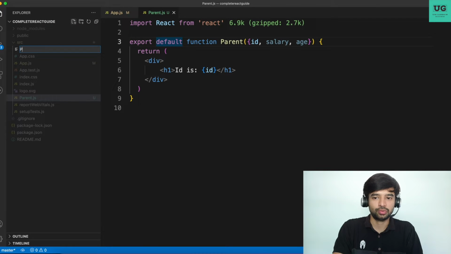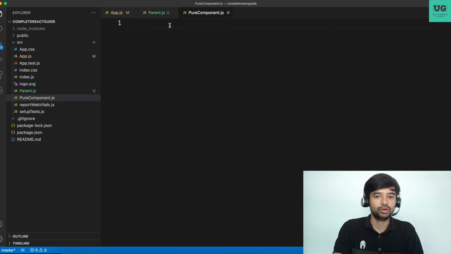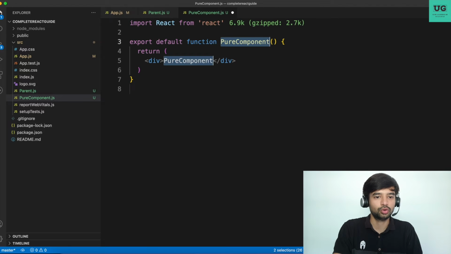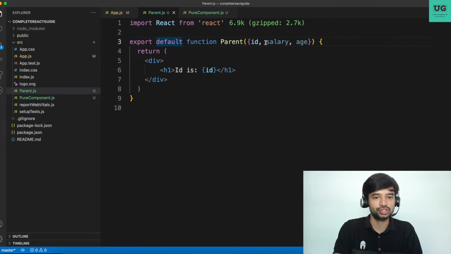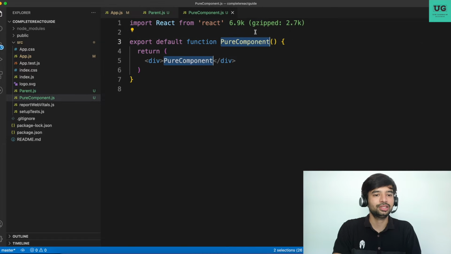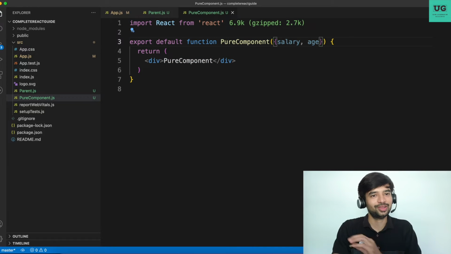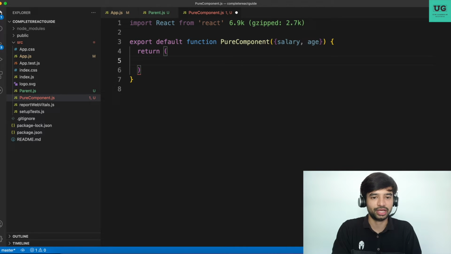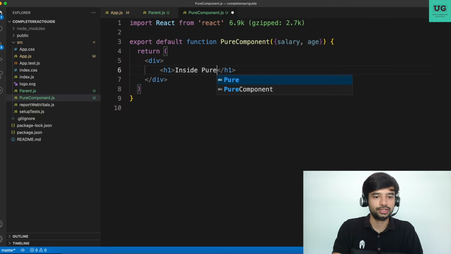Pure component dot js. Same, I'll do RFC again. So this will take two more values, that is salary and age. Bear with me, it's not that difficult. I'll explain all the things once again in case you're getting confused. So now, same, let's say I have again a div tag, and here I have h1, and inside pure component, and inside that, let's say I have